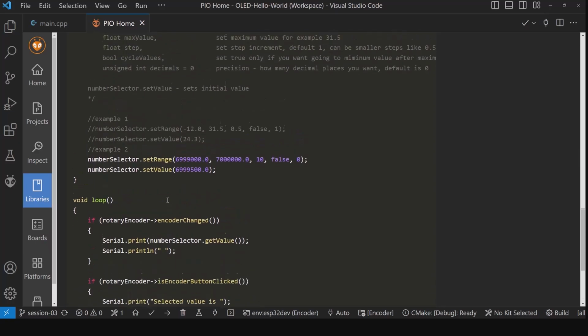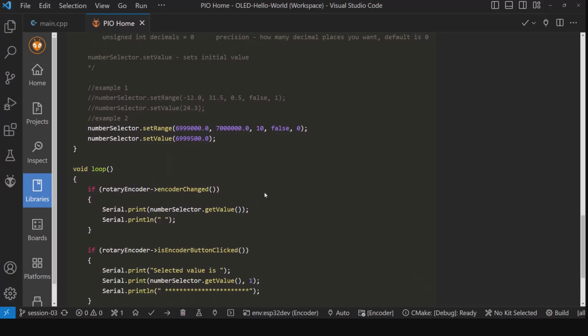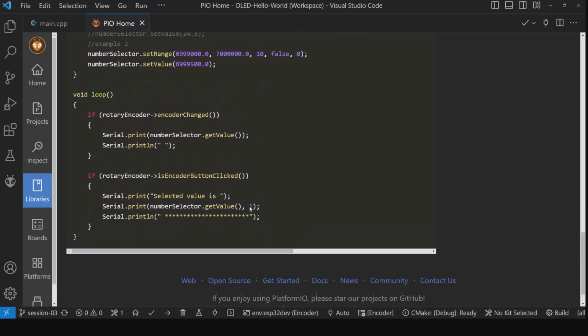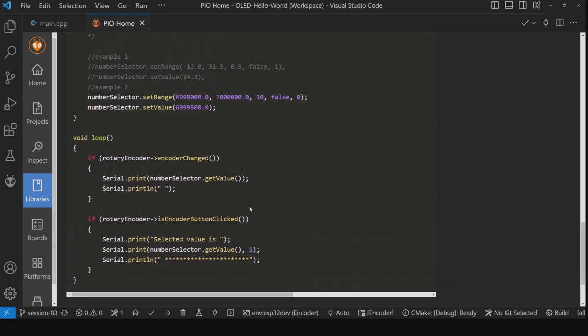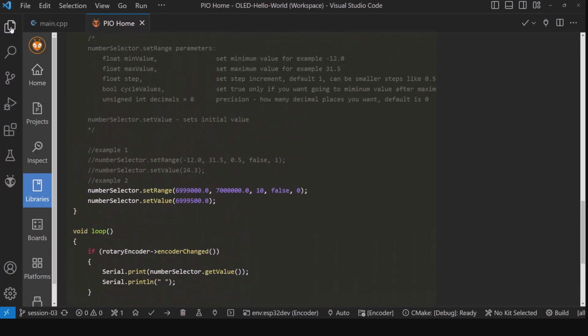So we could take this and run this and play with it. But I figured what we would do is I've set up a